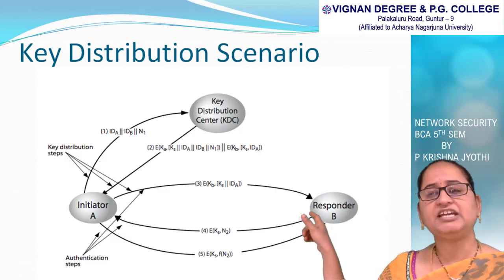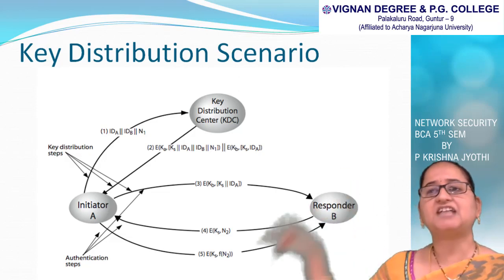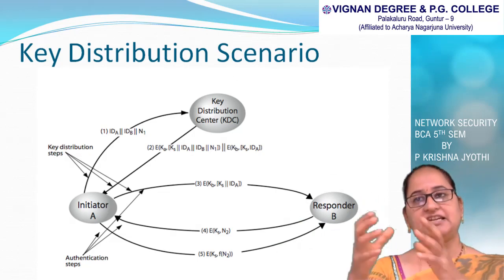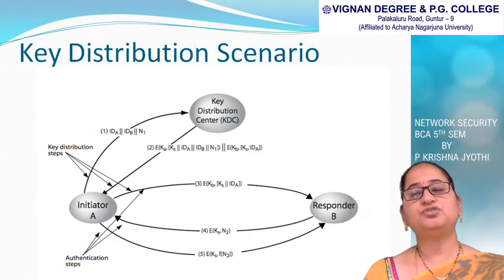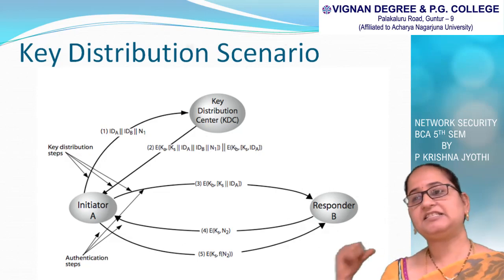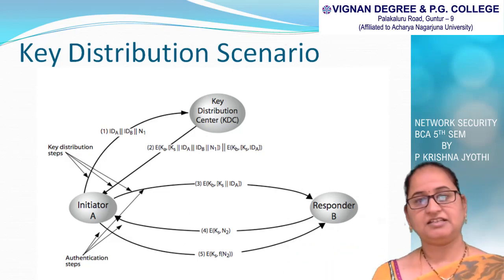helps to transmit the messages to B, and totally it is encrypted with EKA. So why is EKA used? Because that message has to reach A. After that, A picks the necessary message which helps to transmit the messages to B, and then they exchange the messages using the session keys.